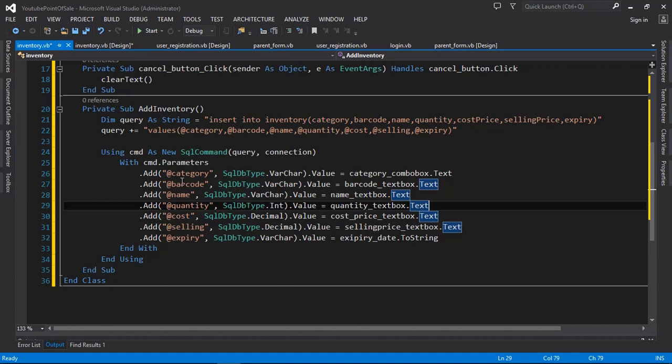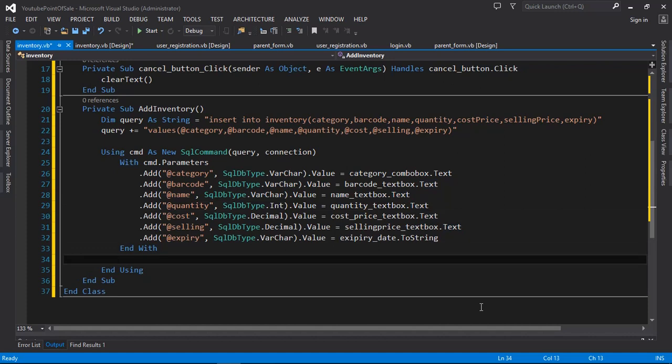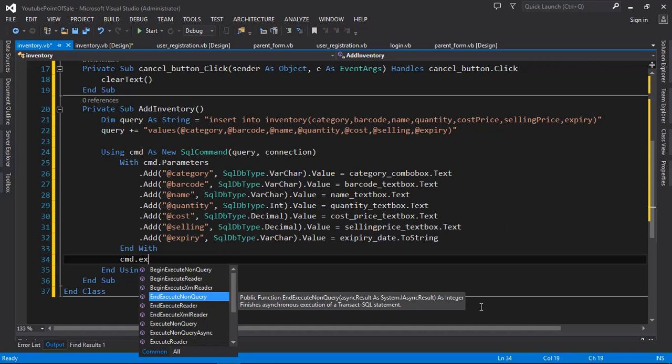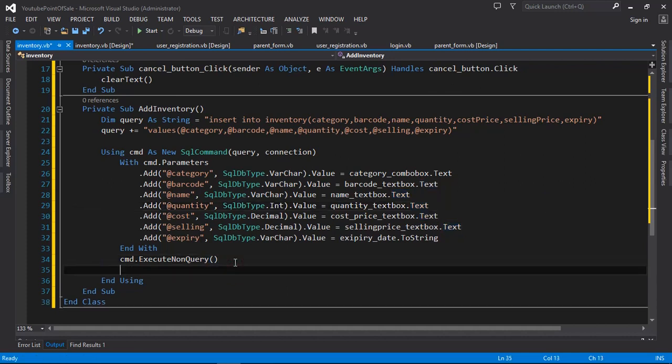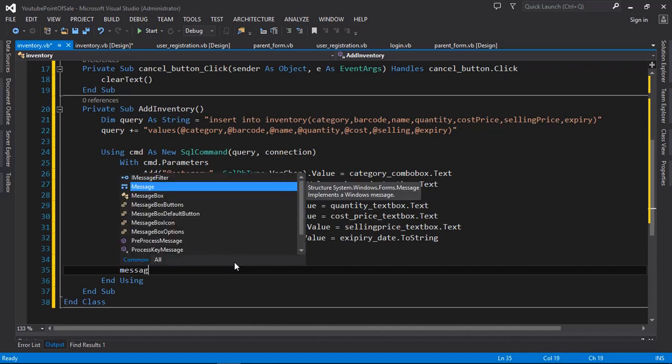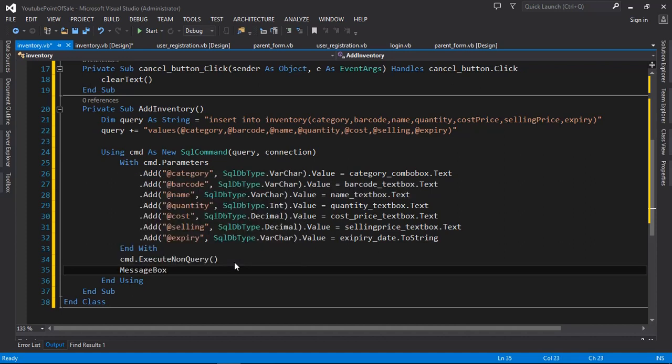And after these parameters, I want to execute the non query, so I'm going to say cmd dot execute non query, something like this. And after executing this non query, we want to show the message: message box dot show, message box dot show, right,